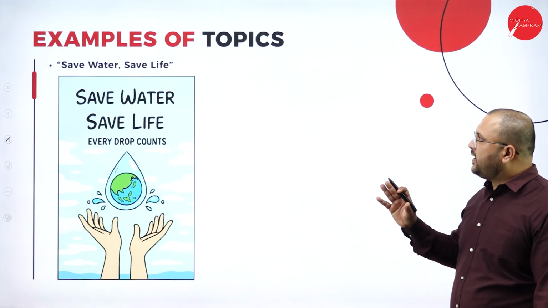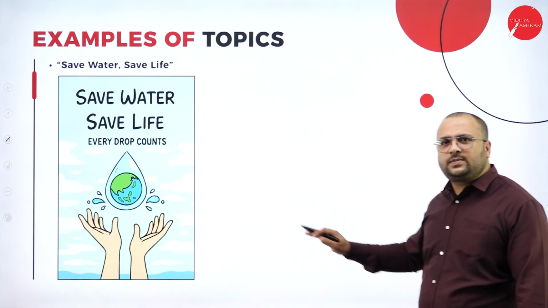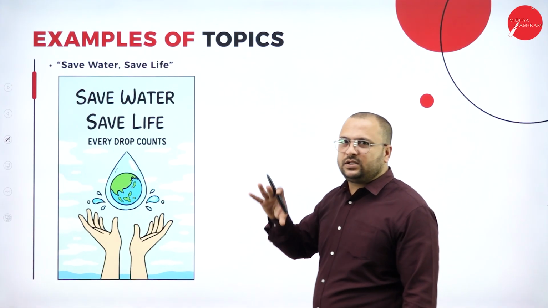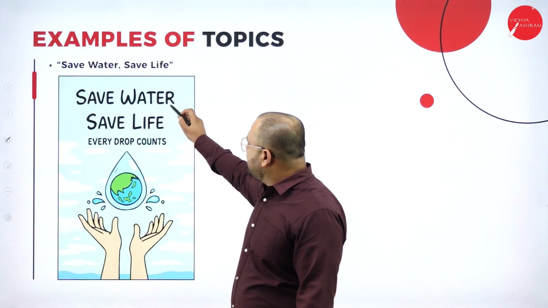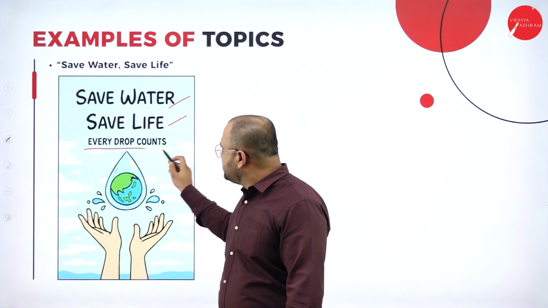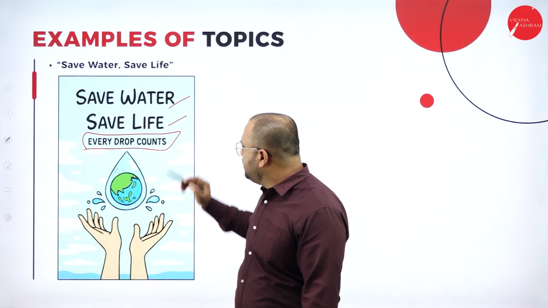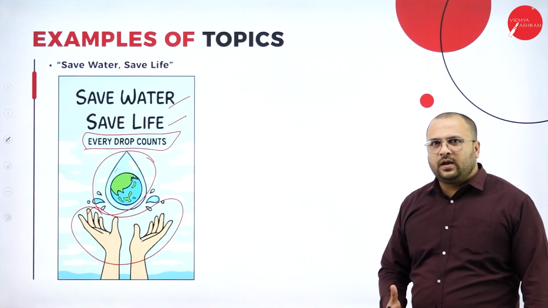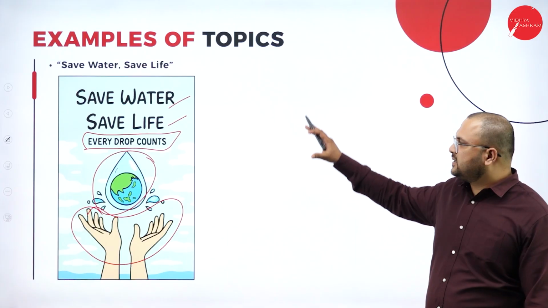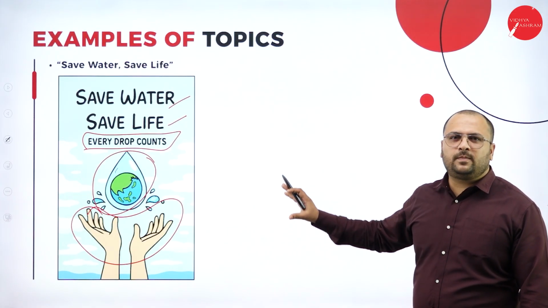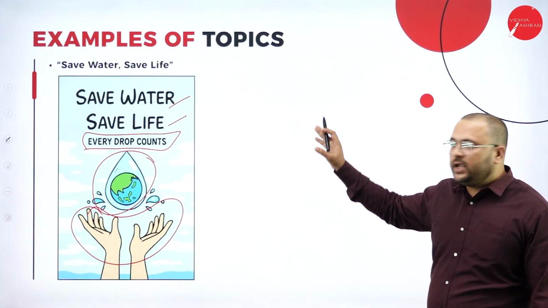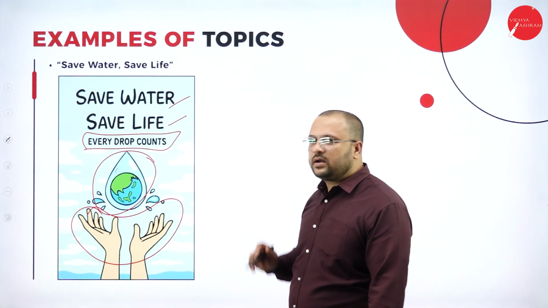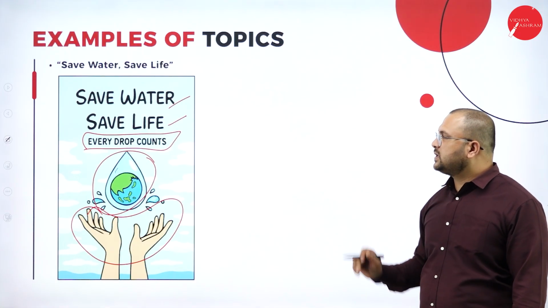Look at this example. Save water, save life. This poster is a very simple one. I have given a simple one because you have to write something like this during the examination. Therefore, simple words. Save water, save life. Every drop counts. This is the important thing. So everything is in bold. A picture, that means these hands, they reflect the need of water. It is essential for life. So you should draw a small picture like this. You need not explain, but you have to write all these important things here. If you have a catchy quote, then you write it here. So this is regarding save water, save life.